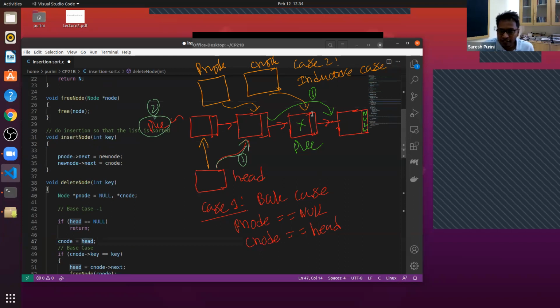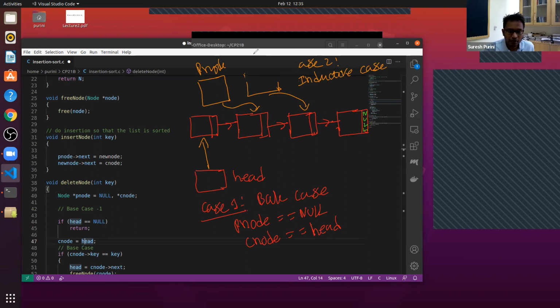So now let's write the code for insert node. Okay, let's write the code for insert node. So, okay, let's keep the base case and insert. So what we would like to do again is